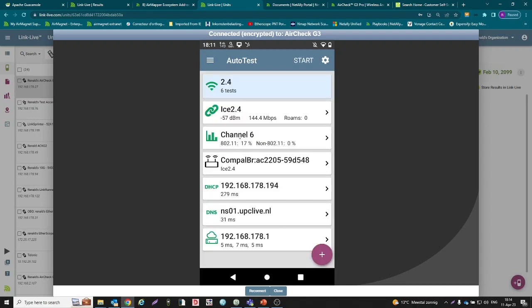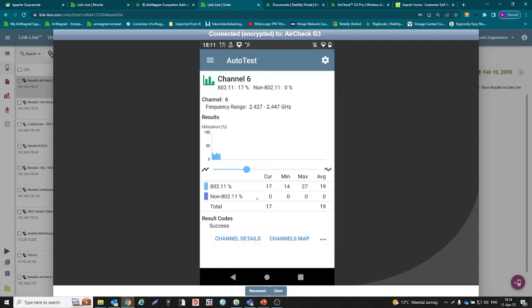Here you have the information of the channels. So non-Wi-Fi utilization and Wi-Fi utilization. You have the frequency here. What is great, you have the options here to select on the below header the channel details, channel map. And if you click on those little three dots here, then you can again run a capture. So if I select channel details, for instance,